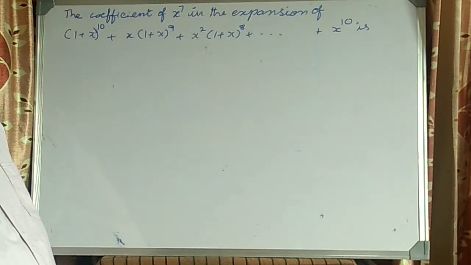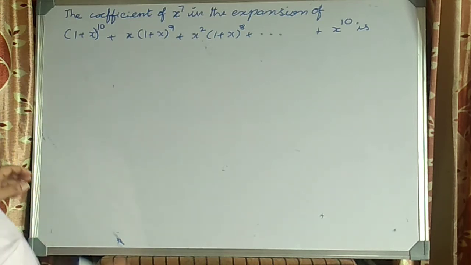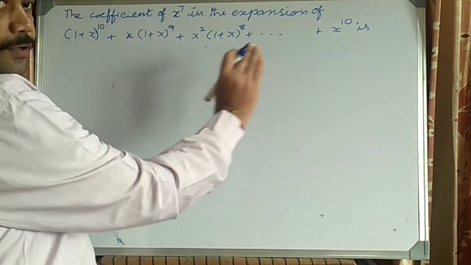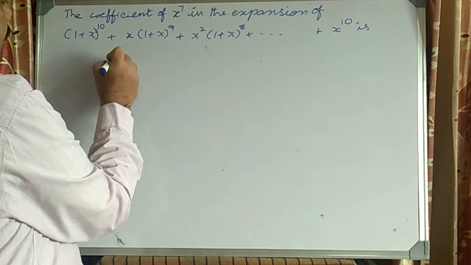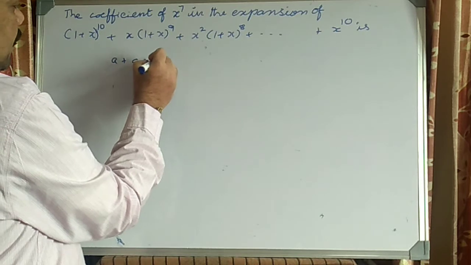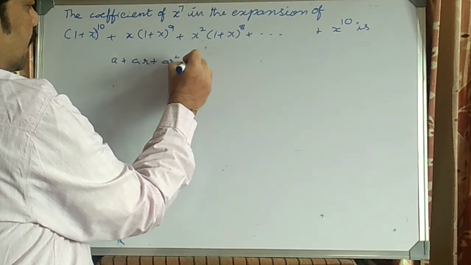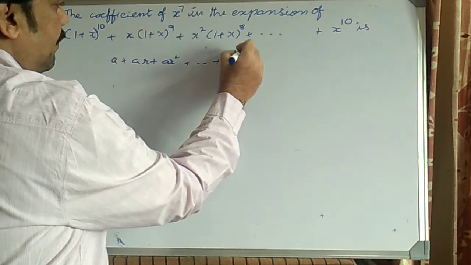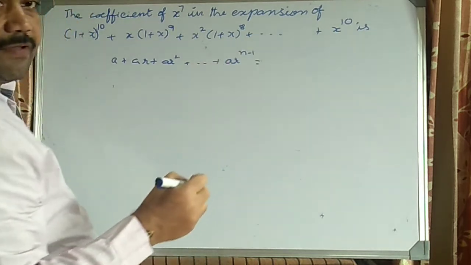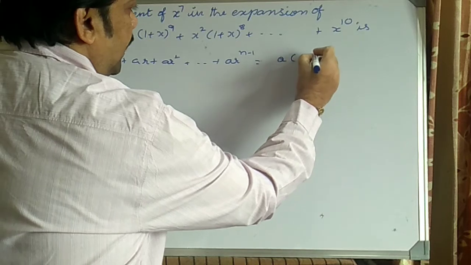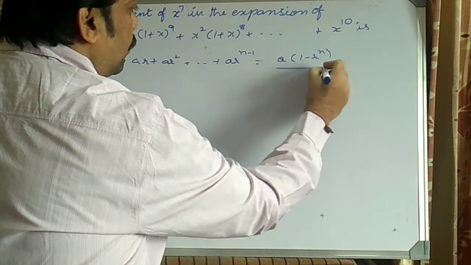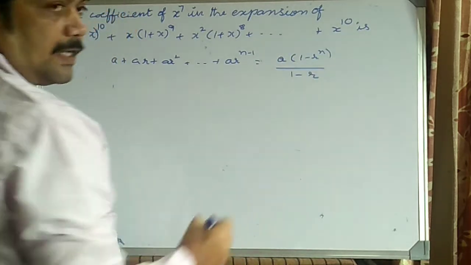So this is a mixture of progressions as well as binomial theorem. So first of all, progressions. You can see this is a geometric progression very clearly. The sum of the geometric progression a plus ar plus ar square continued up to ar to the power n minus 1, where we are having n terms, is nothing but a into 1 minus r to the power n, whole divided by 1 minus r.